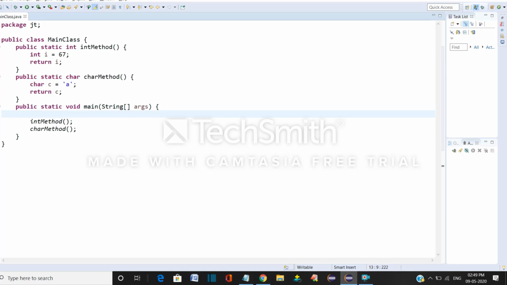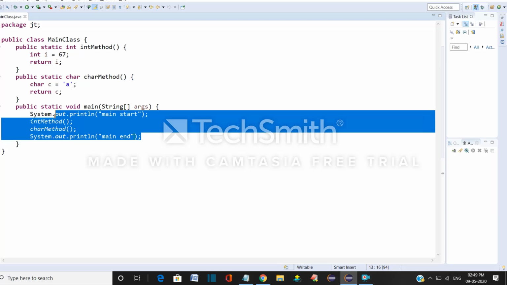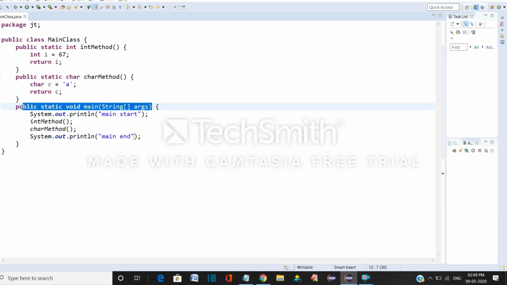For understanding, I'll write main start and main end. This is called the operations or the body of the method called main.